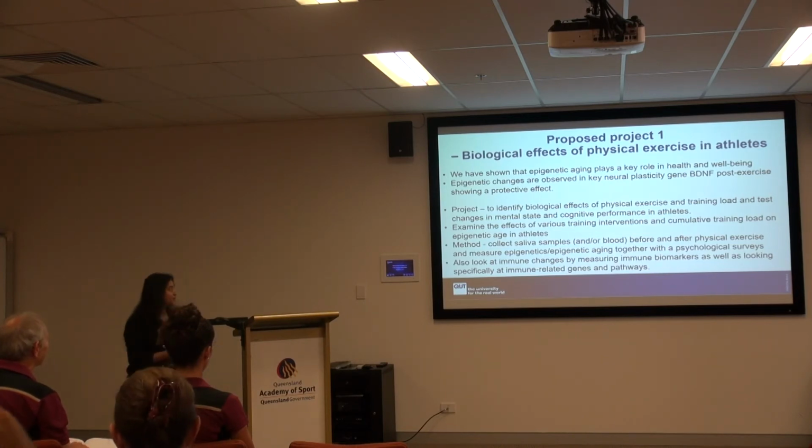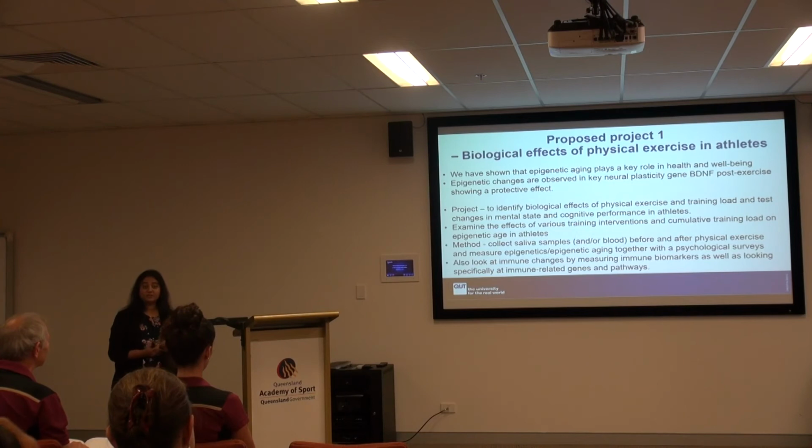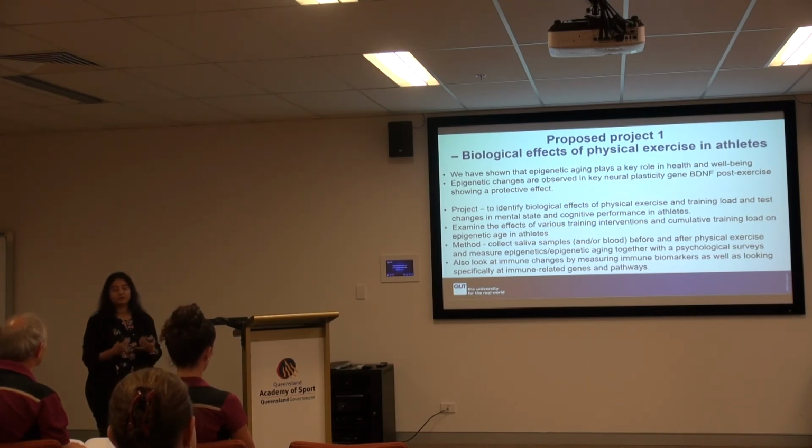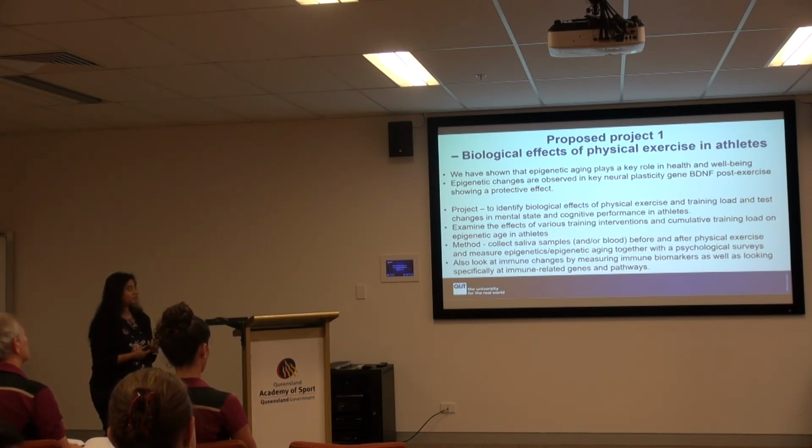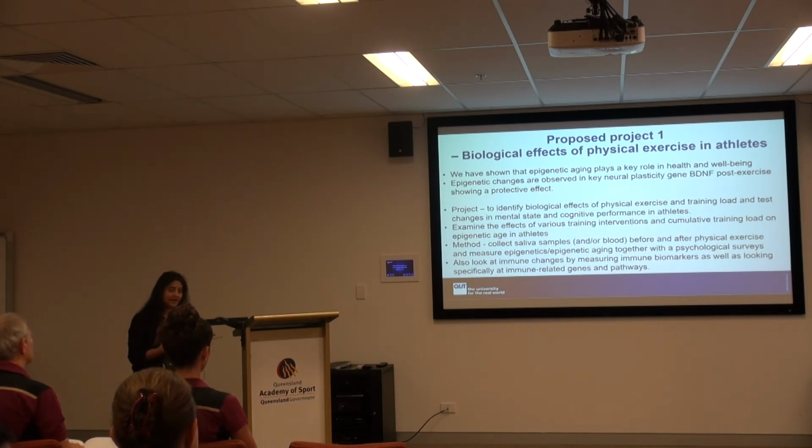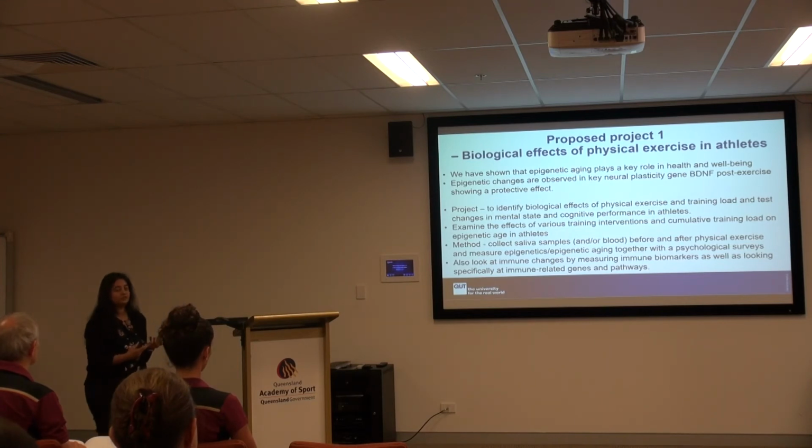And of course, I'm also interested in looking at immune-related genes, because immune genes play a key role in stress or physical activity and responses to physical activity. So it could be interesting to also measure some immune biomarkers. A PhD student, Dogma, who's worked with us, has done a bit of work in the veterans and looked at specific immune-related genes. So we've looked at the TNF-alpha and the IL-6 expression and methylation associated with PTSD and resilience in the veterans. So it could be interesting to look at some of these immune markers as well.